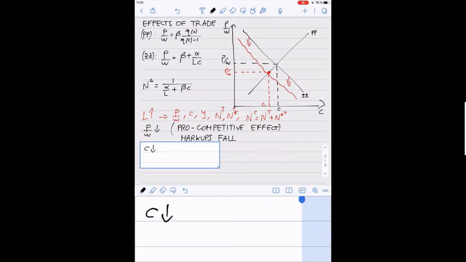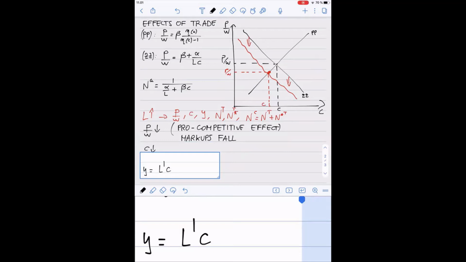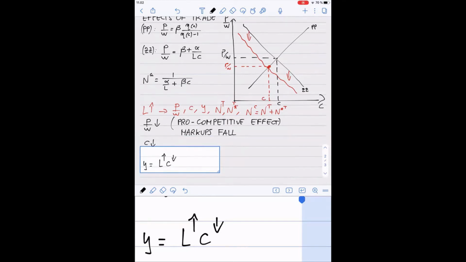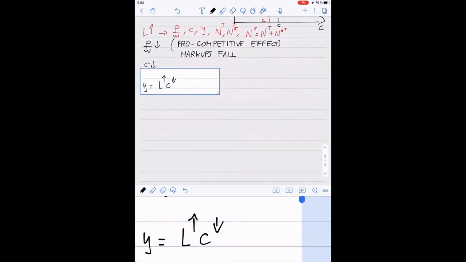Excellent. What is going on to total output? Well, we know in general that total output Y is basically LC. We know that L increases, we know that C declines, and so this sort of makes us wonder, well, what's happening to Y? Is the effect ambiguous? Well,